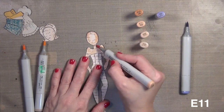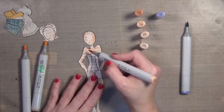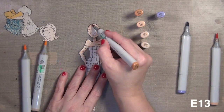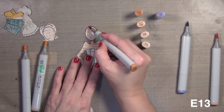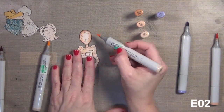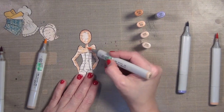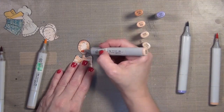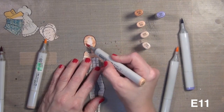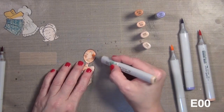If you are new to Copic coloring, I've got some other videos that would probably explain it a little better, but you will see me using the V22 all throughout this coloring because V22 actually gives a little bit of a shadow. Most shadows are cool in nature, and so if you add a little bit of violet into a shadow